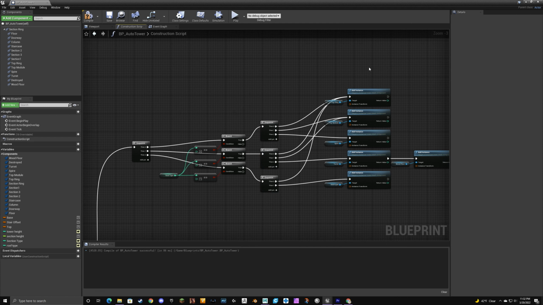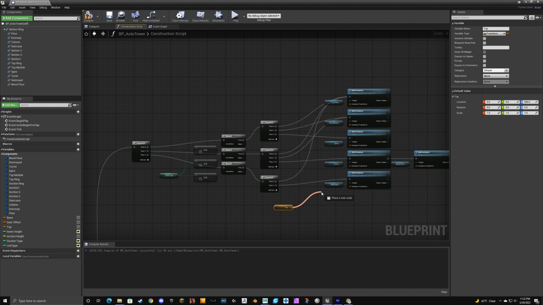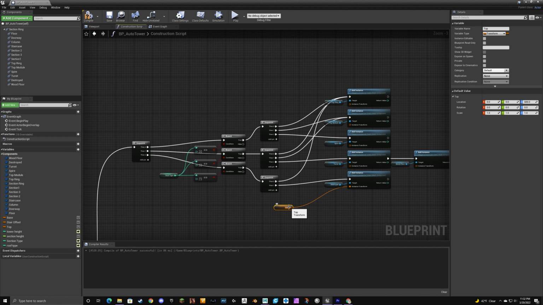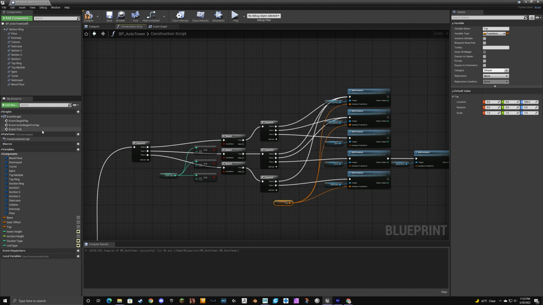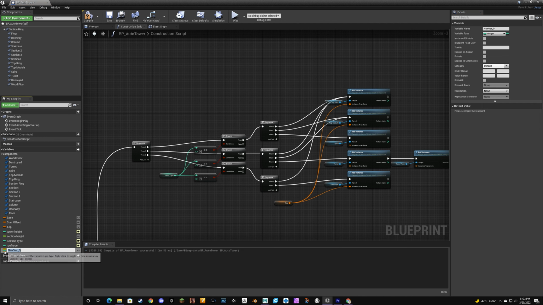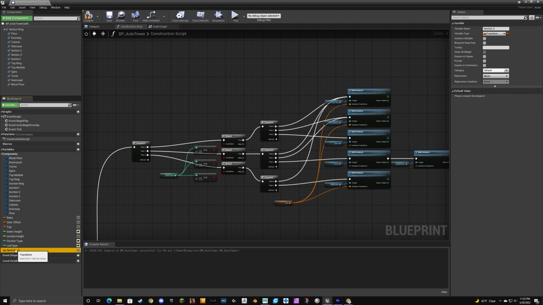Alright, now we just need to tell our meshes where to go. We already have a bit of that information here with top, so I'm going to get that, and I'm going to plug it into destroyed, top module, and top ring. And for the next one, let's create another variable, make that a transform. Let's call that